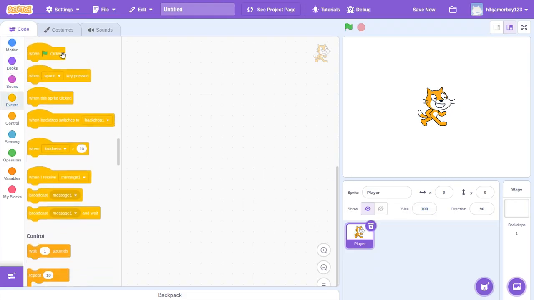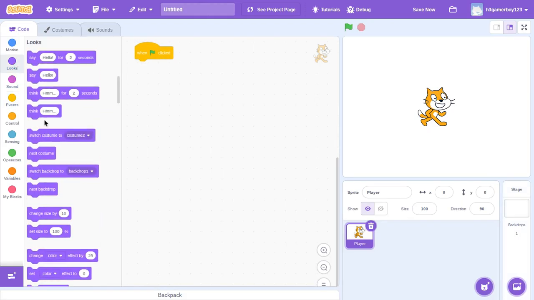For our first two blocks, when flag clicked, looks, set size to 90%, and boom, it's 90%. Sorry, it might be a bit too big, so 80. And then, now we can